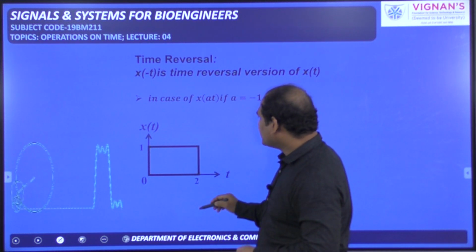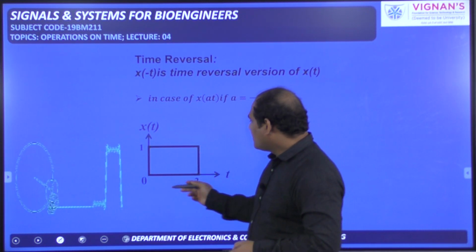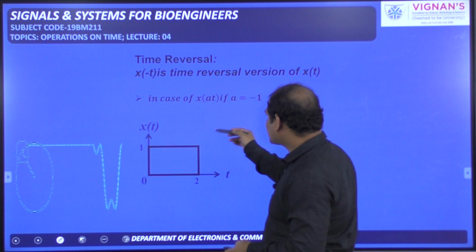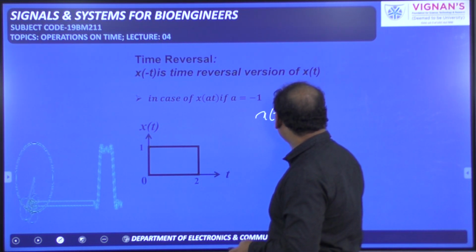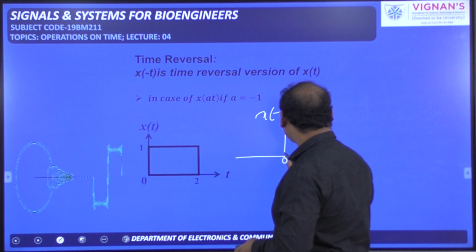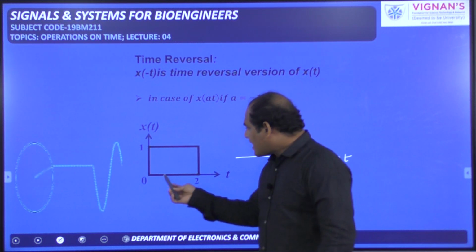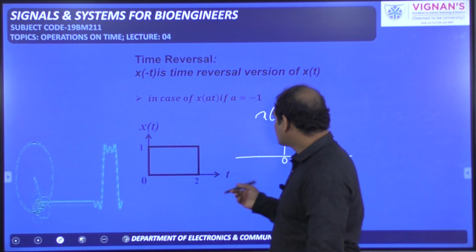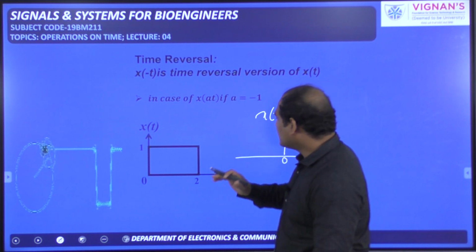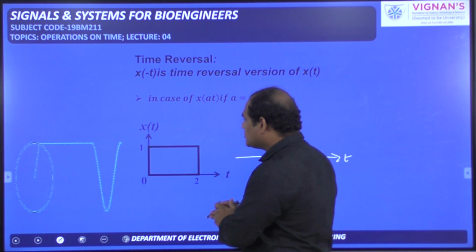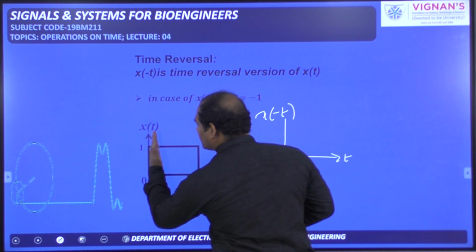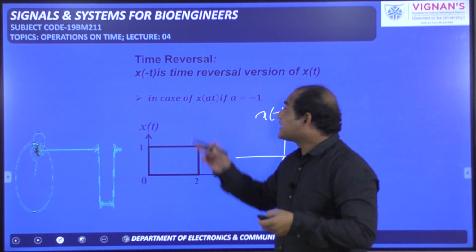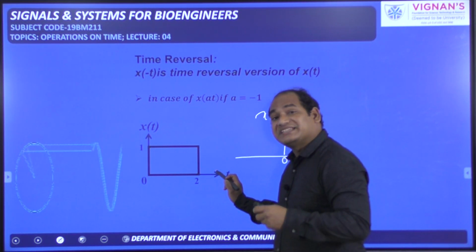You see here, it is x of t. When t is changing from 0 to 2, the amplitude is 1 and the rest of the time the amplitude is 0, and discontinuities are there. I am going to draw now this particular x of minus t. Amplitude will not be affected, amplitude is 1 only, but we have to take the reverse of the t values. Think of the signal as available like this; we rotate it with respect to the y-axis, so it will come like this. Time has to be reversed, that means the t values have to be reversed.